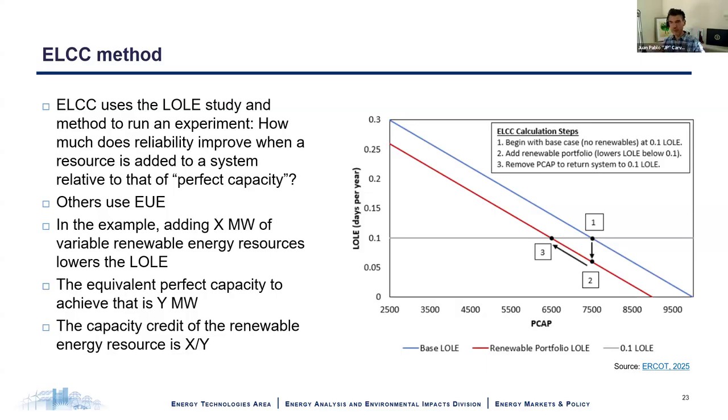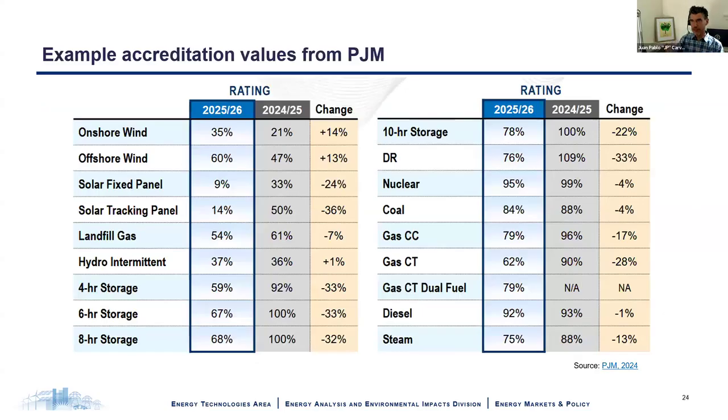As I remove capacity, the system becomes less reliable, and I want to achieve that 0.1 days per year reliability. So that establishes that 100 megawatts of solar are equivalent to 50 megawatts of perfect capacity. That's a 50% credit. You can see in this example from PJM what the different types of capacity credits are